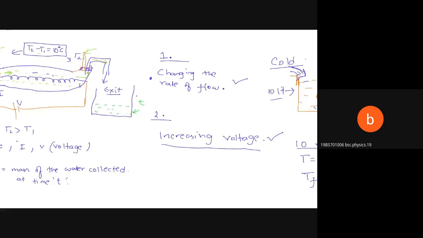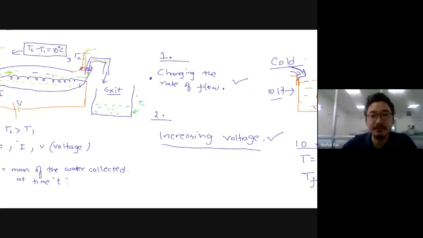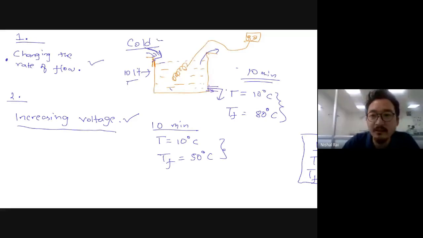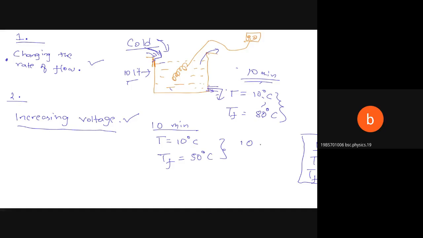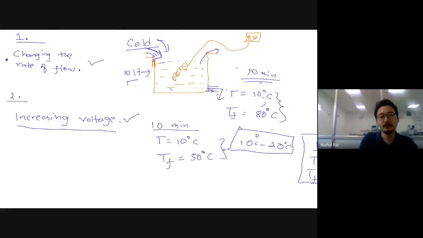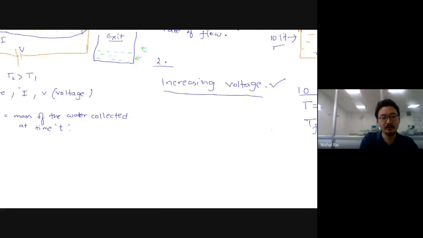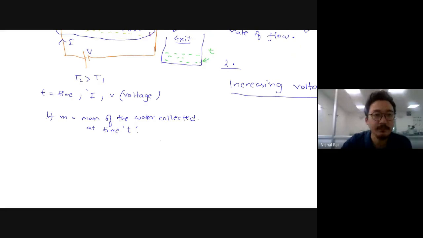So that is how you do it by changing the rate. You keep on adding water in such a manner that the difference of the temperature becomes what? 10 degrees Celsius. Now I think that is clear, no? Initially, when the voltage was V, what did you adjust? You adjusted your rate of flow, so that the difference in your temperature became 10 degrees Celsius. I think it's clear.